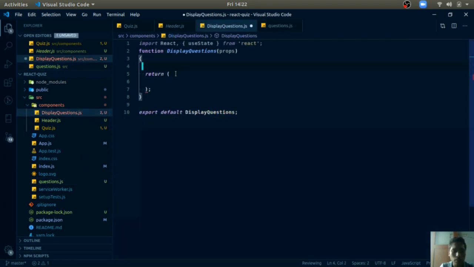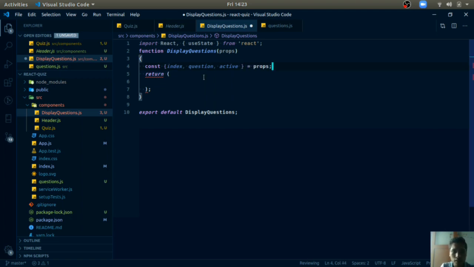Here we will receive some things as props. Basically our questions array will be a large array, and we will display only a single question with this component. So I can write const index, the index of the question, and the question itself will be an object, and the active variable of our quiz component will also be received by this.